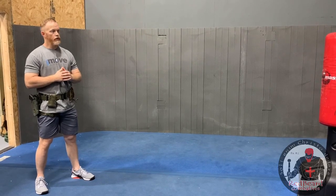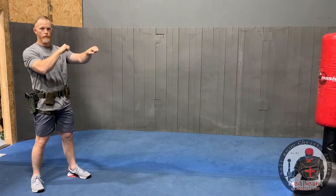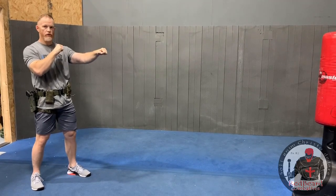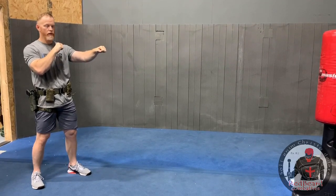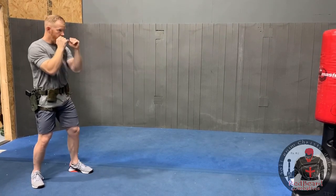All right, so now we're going to repeat that whole process, making sure that we transition in between shooting platforms, building our frame into the target to be able to drive him off, and instituting our draw in the whole process. So from here, from my fight stance,